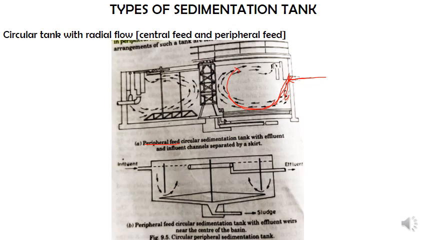And once this comes up, again the same water through this effluent channel will be taken out. So you can see here inlet is at this end, outlet is over here. Between inlet and outlet there will be a thin sheet, or what we can call a baffle. So this particular baffle itself will be differentiating the inlet and outlet. The same thing is happening over here. So if I just draw the plan of this, check it out.